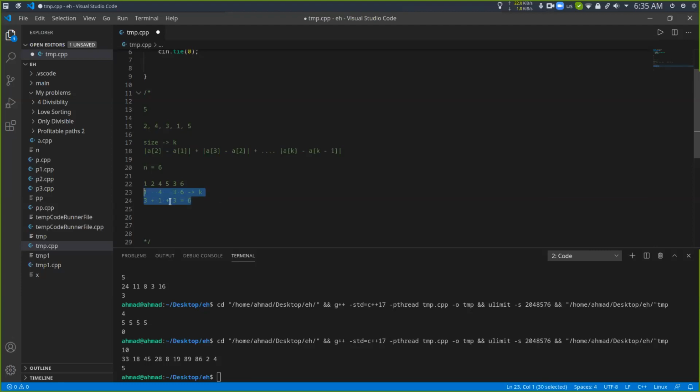So what the question asks us to do is to get the maximum sum possible. The question asks us to get any subsequence and get the maximum sum possible, such that k is as small as possible. Okay. So for example,